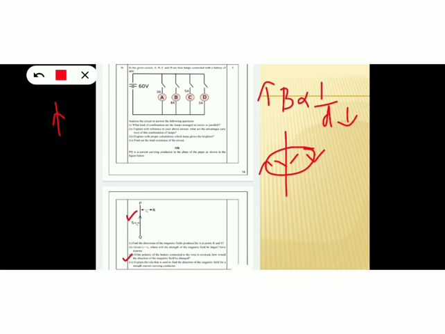Now what is the fourth question? Explain the rule that is used to find the direction of magnetic field for a straight current carrying conductor. Which is that rule? It is the right hand rule. And how will you explain that rule? Point thumb of your right hand along the direction of current. Then the direction in which your fingers curl gives the direction of magnetic field.